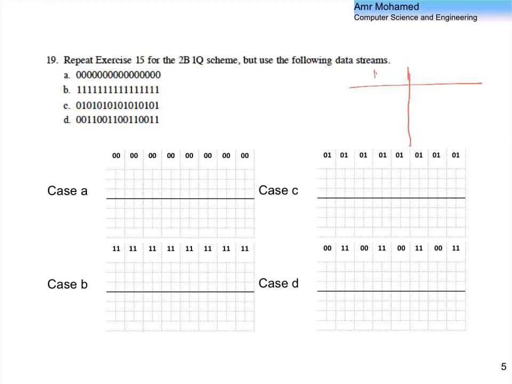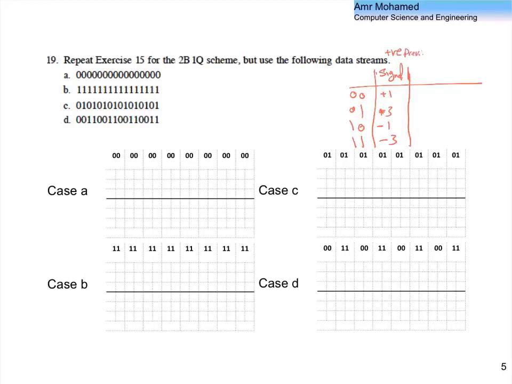Remember that we have the 4 different combinations are 0, 0, 0, 1, 1, 0, 1, 1. The signal level, so we can map this to positive 1 and positive 3, let's say, and then a negative 1 and negative 3. Remember, this is for positive